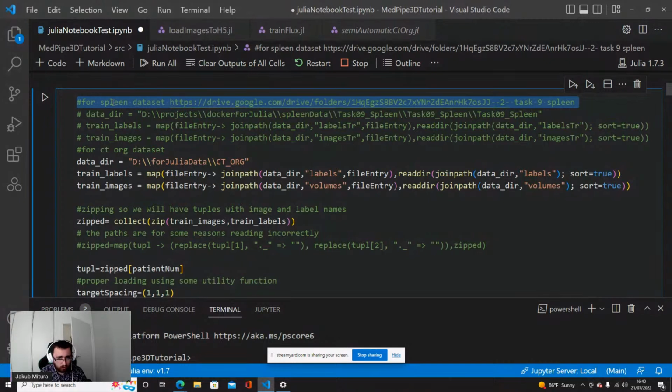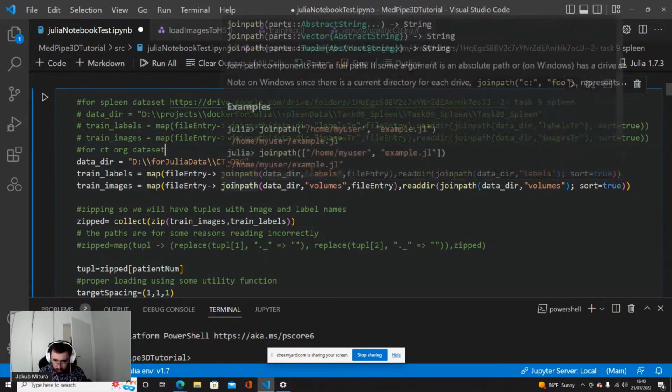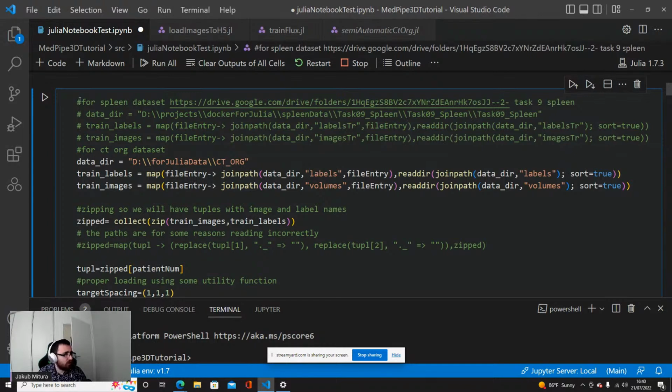I do not know what type of data is mostly represented, but there can be the spleen dataset from the Medical Decathlon, or the CT-ORG dataset. Both of them would be okay. In case you have the spleen dataset, just to make it easier, you get this data directory, the folder with the spleen, and then you use those two lines in order to get the train labels and train images directories.